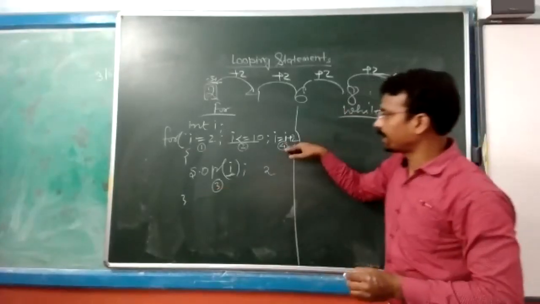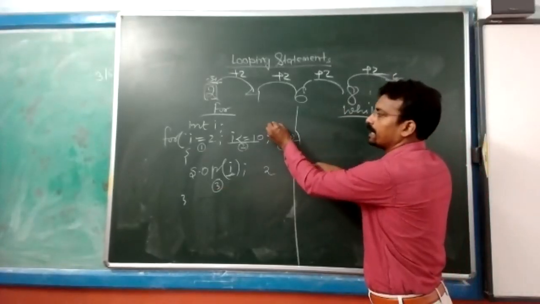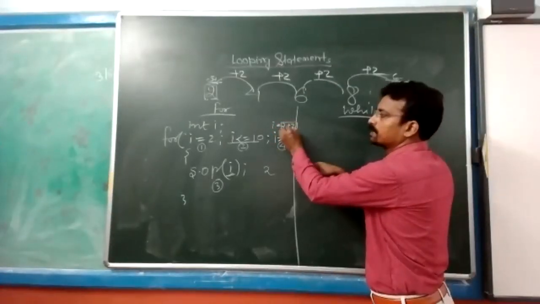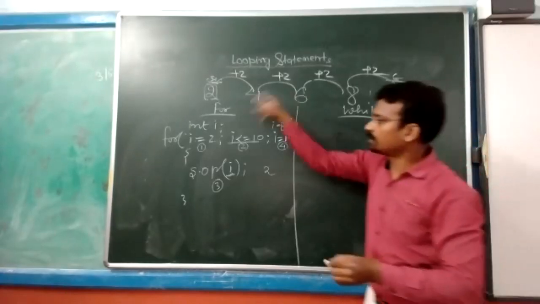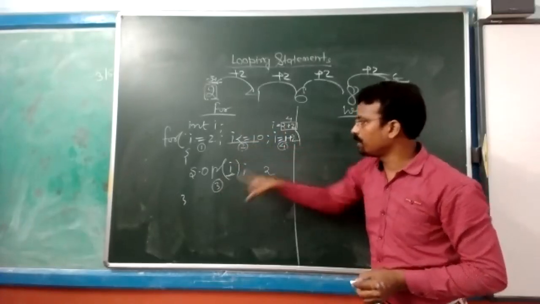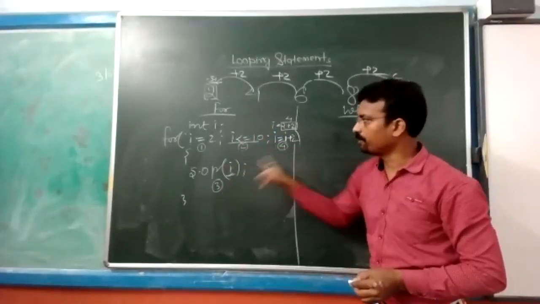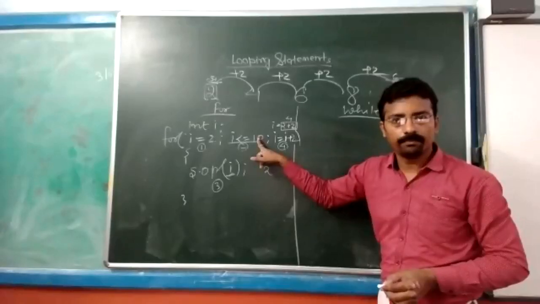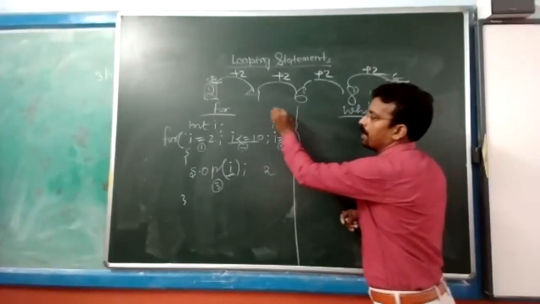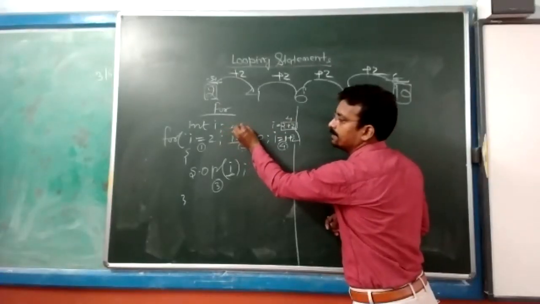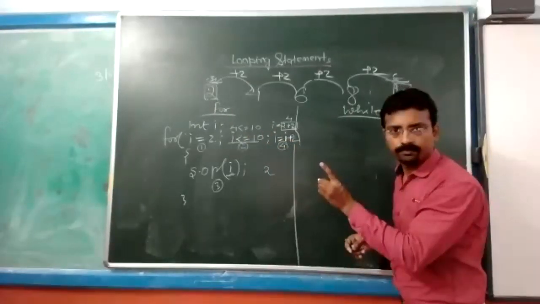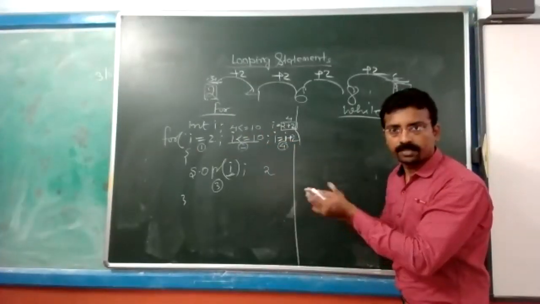After that, control will go back for updation. It is becoming like this: I equal to 2 plus 2. The new value of I becomes 4. This 4 is transferred. See, after step 4, the second step. Then 2, 3, 4, 2, 3, 4, 2, 3, 4 till the end of the program. So now what is happening? I is equal to 4. It is coming here. 4 is less than or equal to 10. Yes or no? Yes? Say yes.